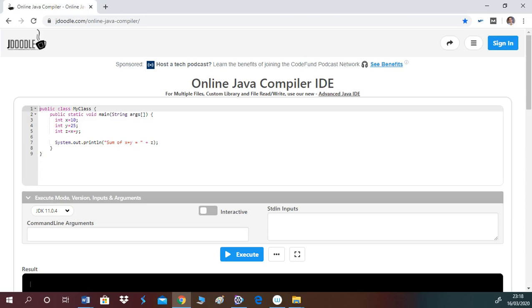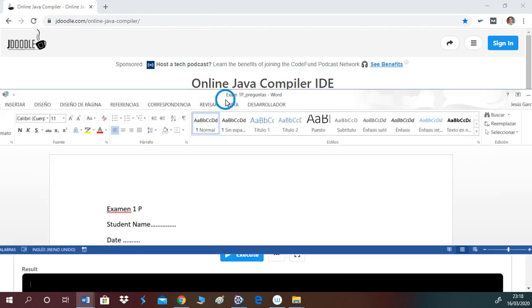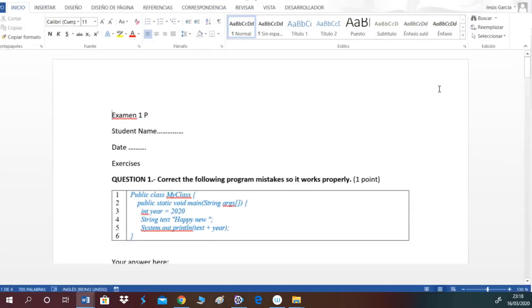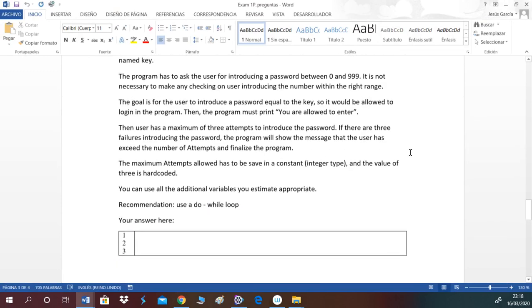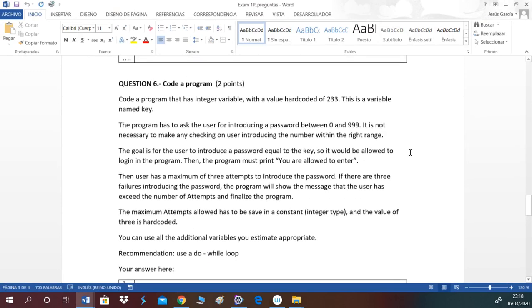Hello again. Well, let's see now the answer for question 6 from our first assessment last week. Okay, this is our first assessment, and here is question number 6. Again, as always, the first thing is about